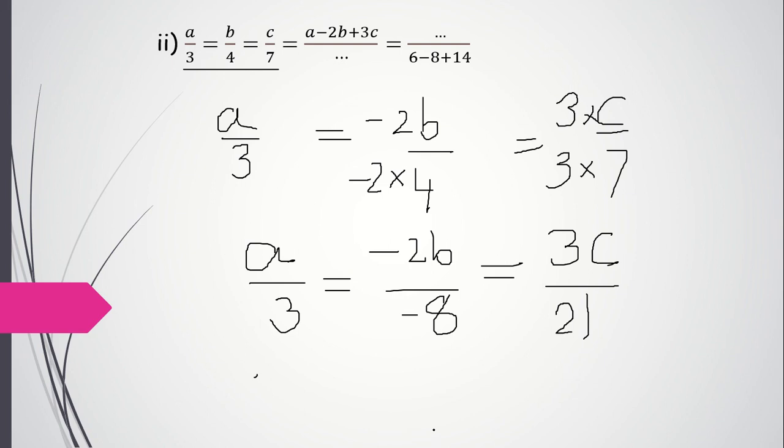Okay, 3c upon 21. Now A minus 2b plus 3c, just add them by theorem on equal ratios. So we'll get A minus 2b plus 3c by theorem on equal ratios upon,